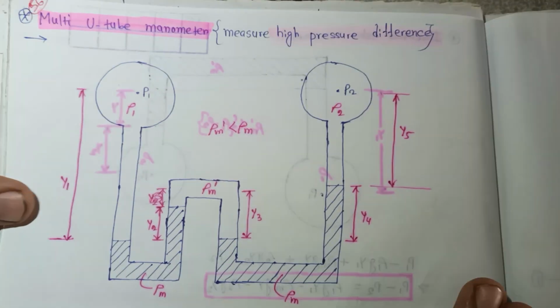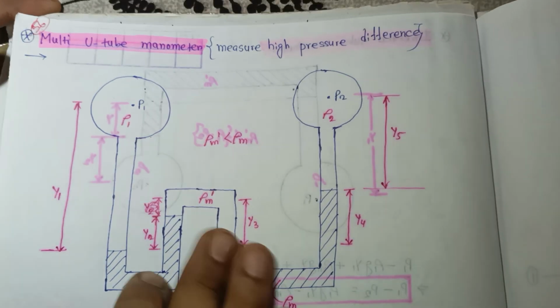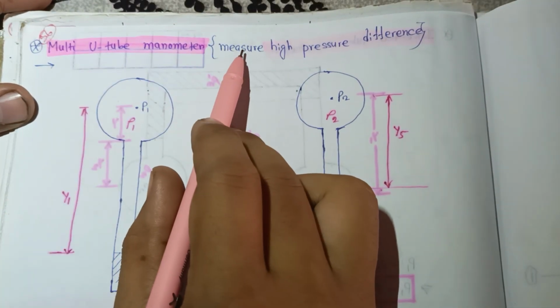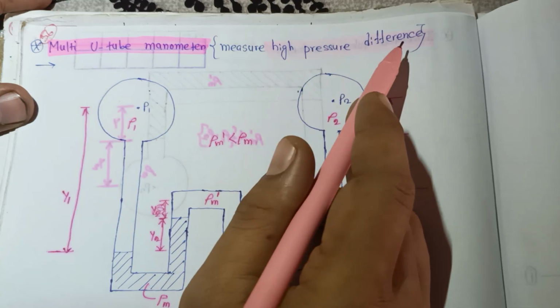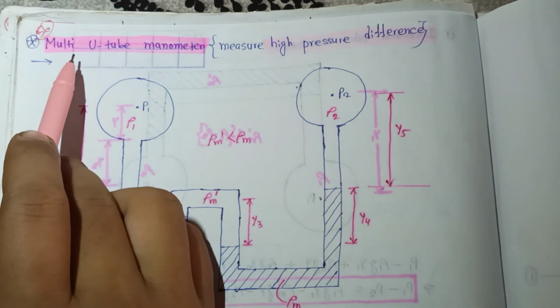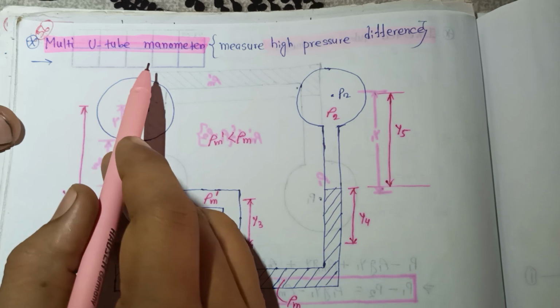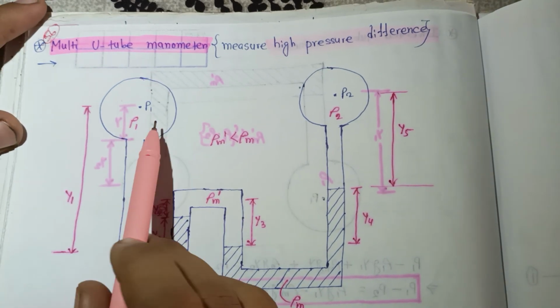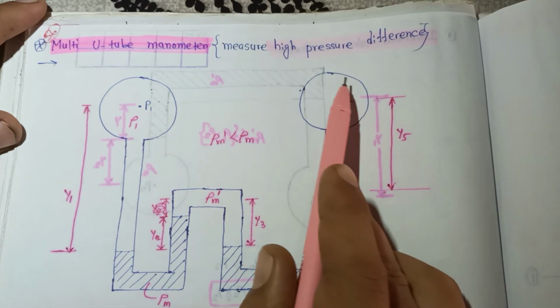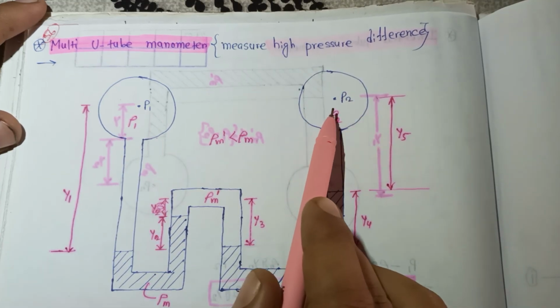So this is the multi U-tube manometer. This measures high pressure difference. If there is a very high pressure difference, we can use the multi U-tube manometer. Here there is a pipeline with pressure P1, and here another pipeline with pressure